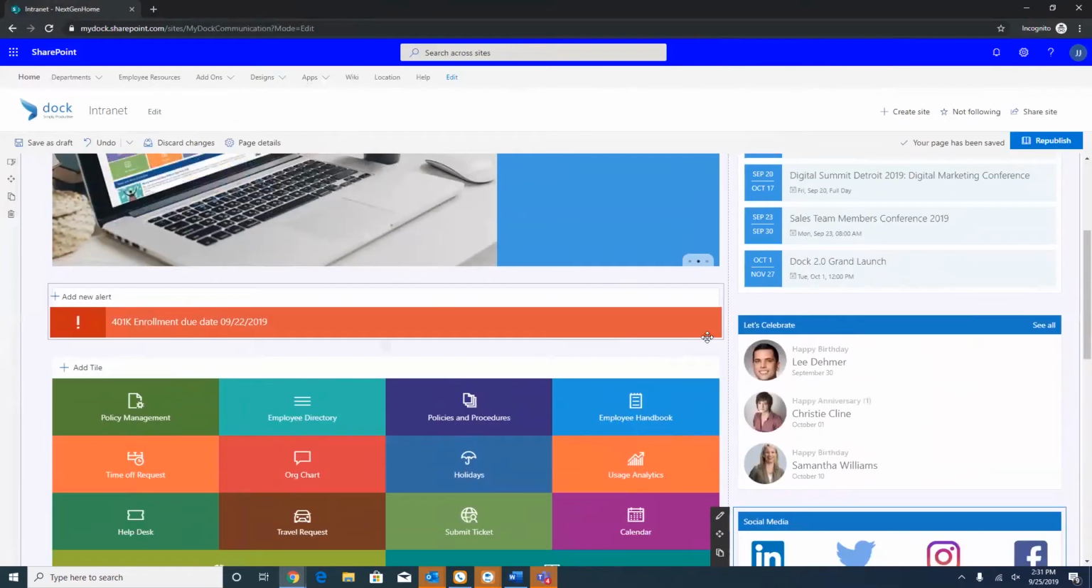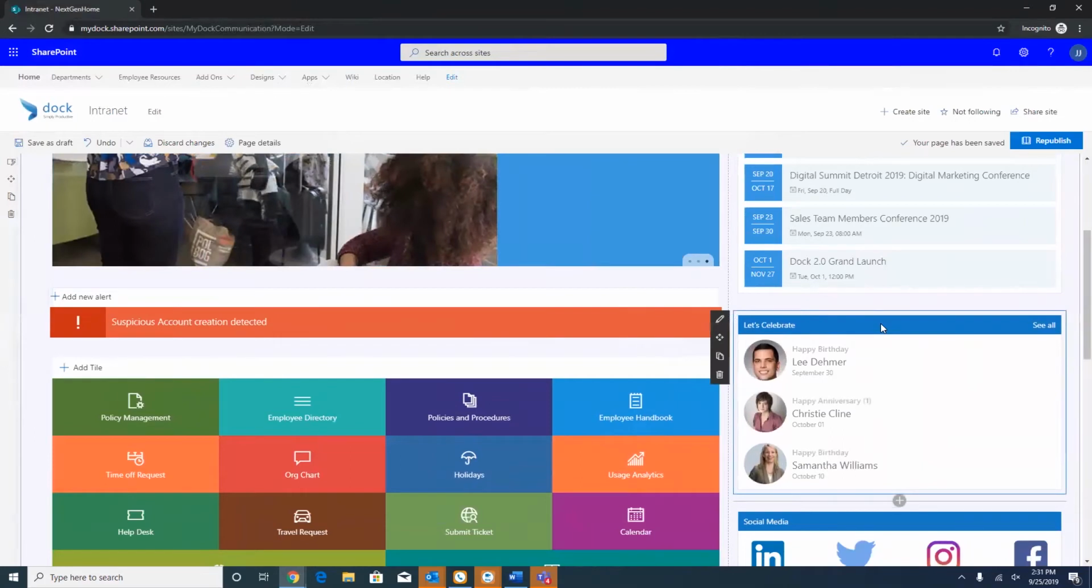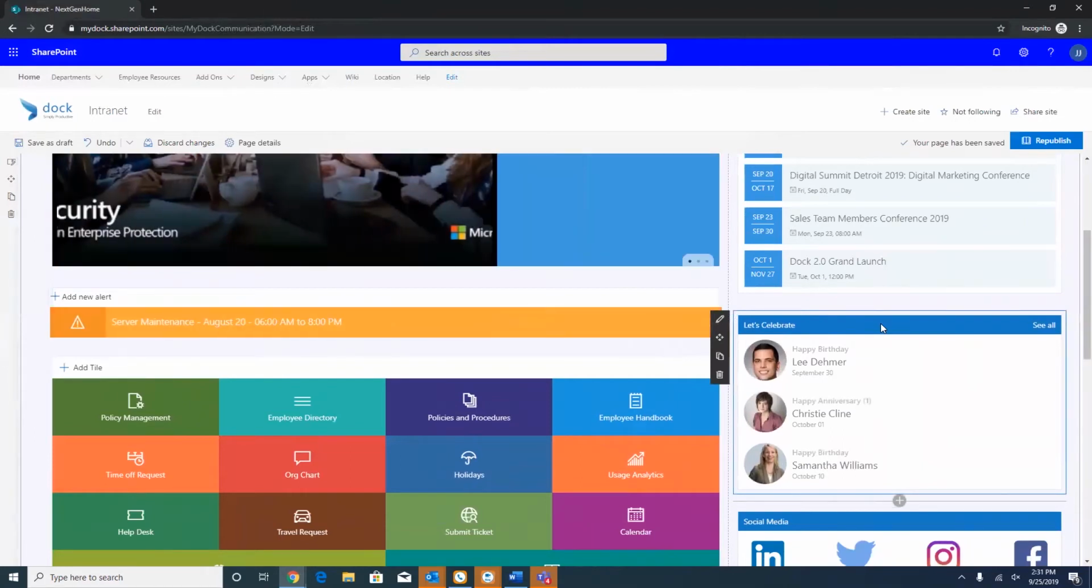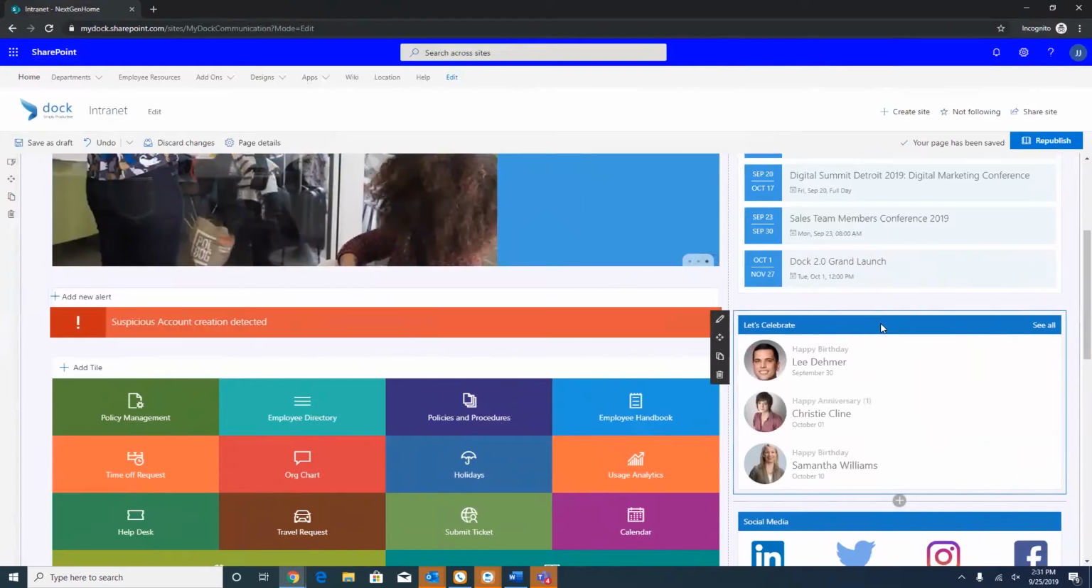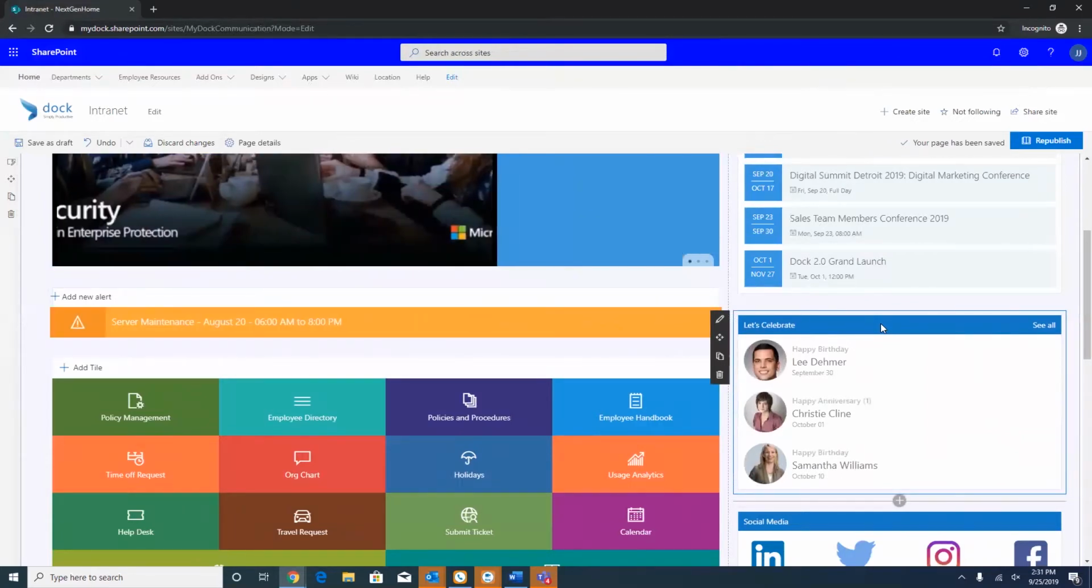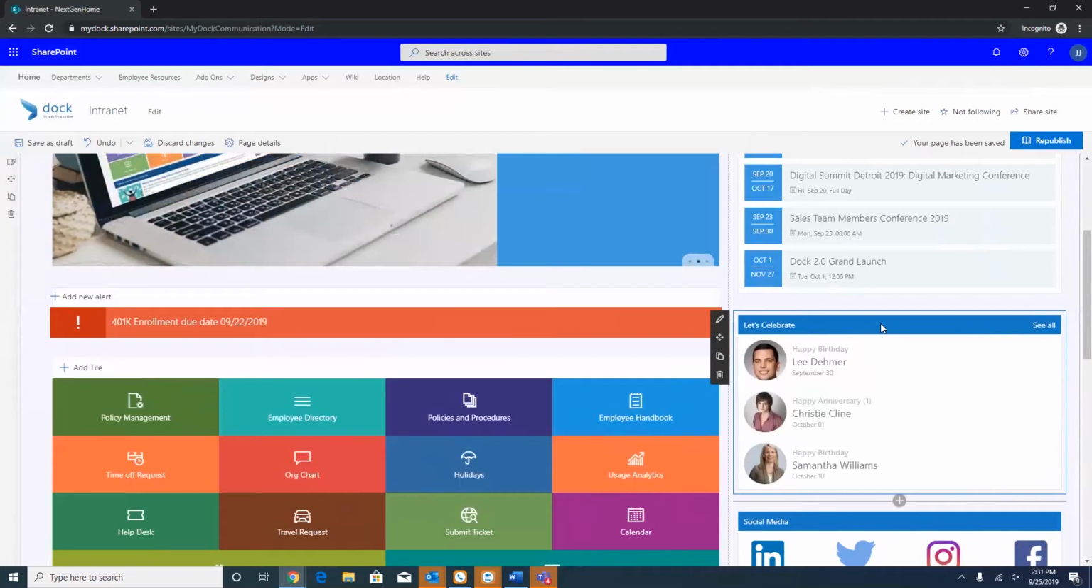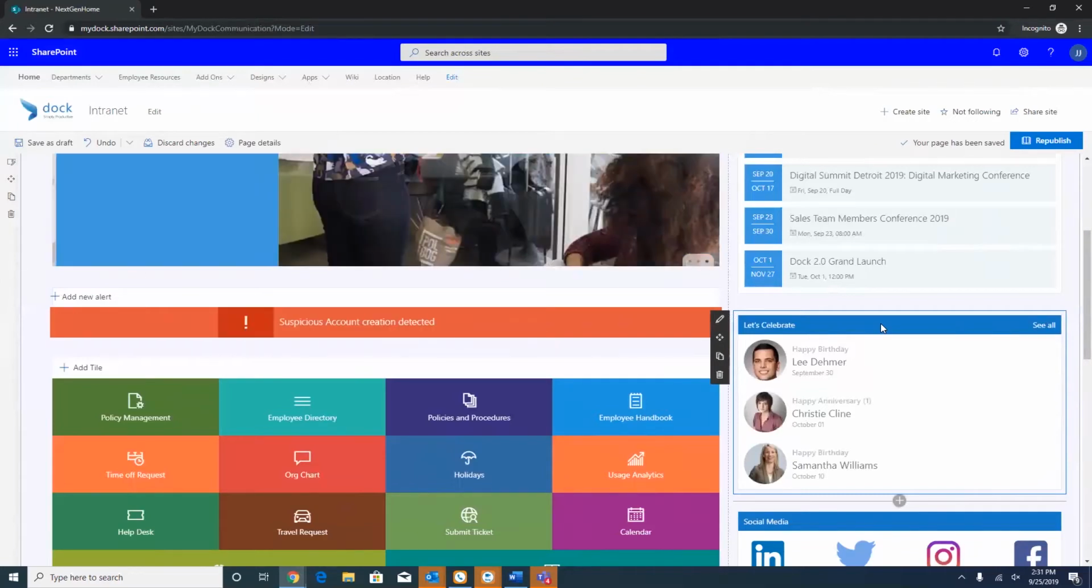Then we have Let's Celebrate. Celebrate is a web part that pulls from the SharePoint user profile. So it'll pull the hire date and birthday of the SharePoint user profiles. These don't map those fields to Active Directory, so you'd have to go into their individual SharePoint user profile,